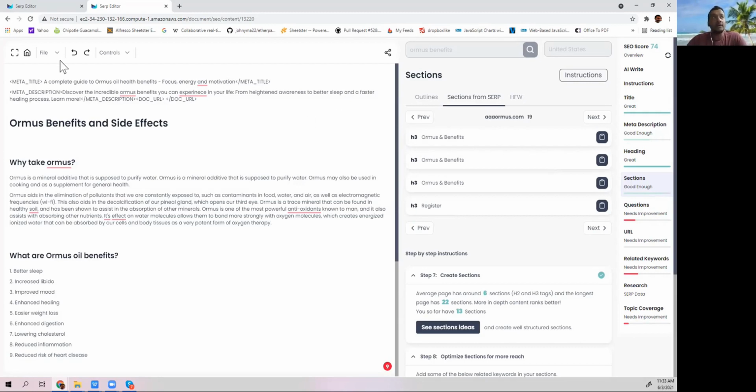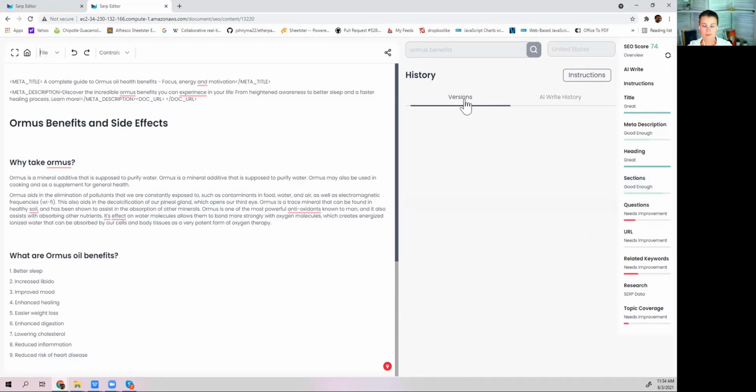So we've put that. There's also a brand new thing. History, there's two types of history. There's versions. You will be able to create versions, and every team member, whoever logs in, the version will be filed under those people's names. So you should be able to restore this version as and when you want. There's also AI history. It's clearly not updated, so don't go on this. All the rewriting, all the writing that you're doing, and all the outputs that the system generated, it's going to be listed over here. So you have full visibility and a knowledge graph of what happened and what you rewrote and what sort of characters you used and everything around it.